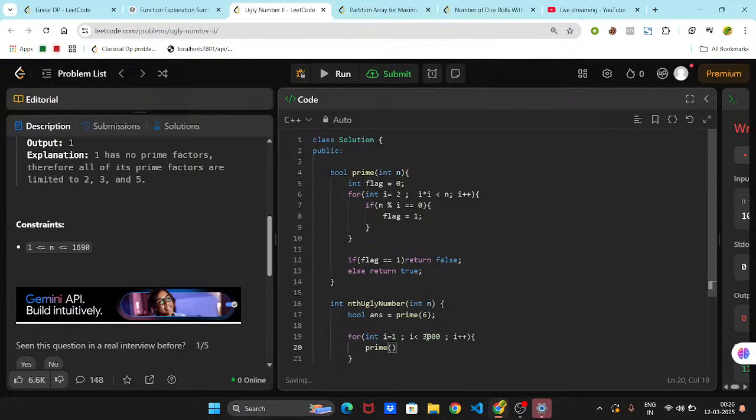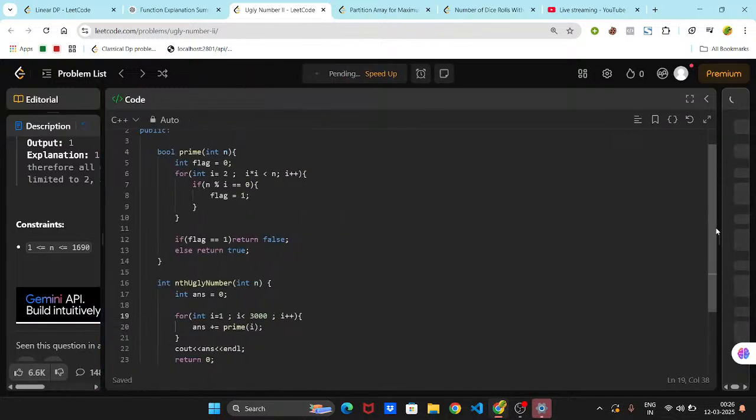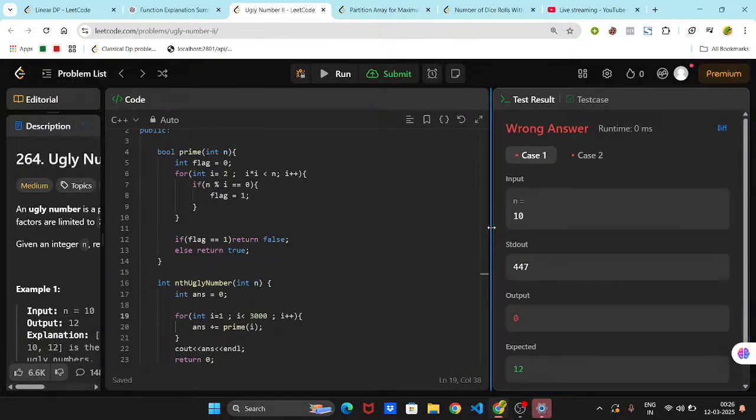प्राइम में मैंने आई पास करा, आंसर प्लस इक्वल टू मैंने कर दिया। इसको 0 रखते हैं, इसको इंट रखते हैं। अब प्राइम तेरा 1 होगा तो ठीक है, मेरे हिसाब से एक बार रन करने का ट्राई करते हैं कि 3000 तक में कितने प्राइम नंबर्स होते हैं। यू विल फाइंड 3000 के बीच में तेरे 447 प्राइम नंबर्स होते हैं। तो मेरा आंसर कितना, जो